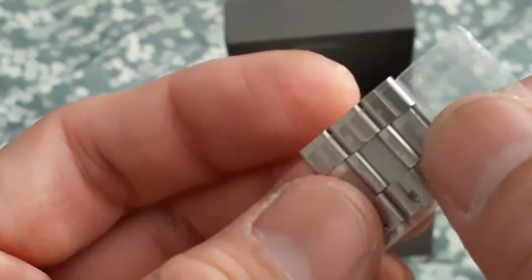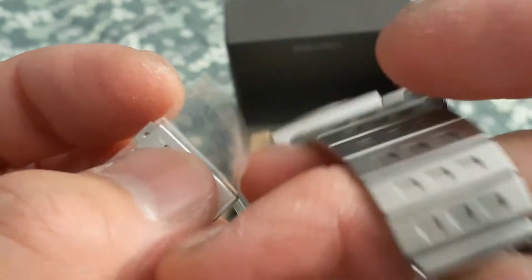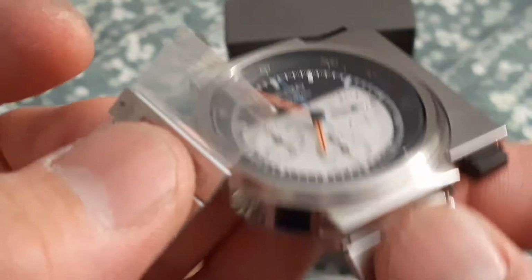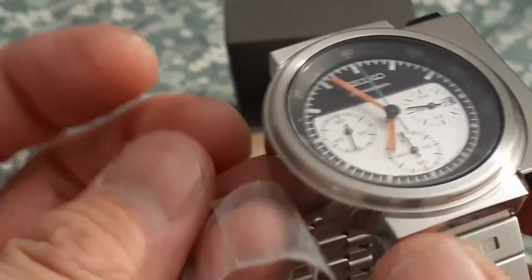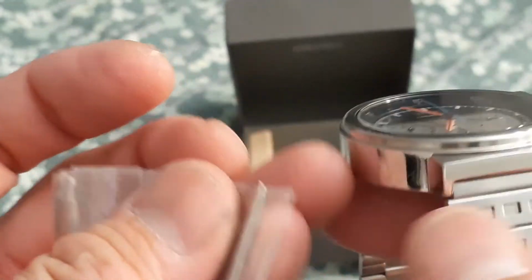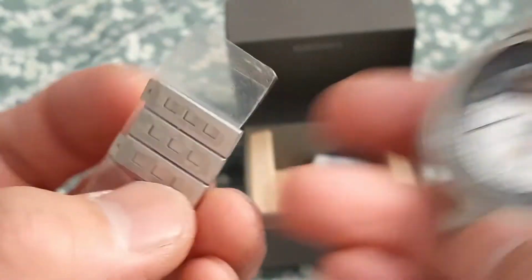Look up some videos on how to change the size of the bracelet for this watch, or something like it. Most likely it'll be on the Ripley, the SCED039, since that's the most popular and most expensive, which I did own once. Very cool watch, but I ended up selling it. Anyways,